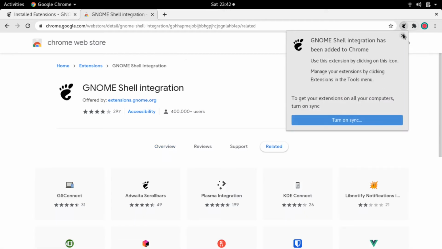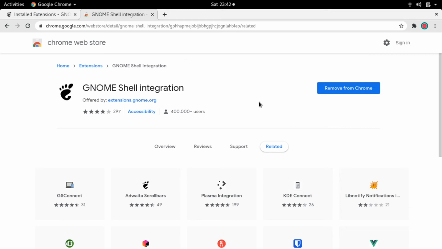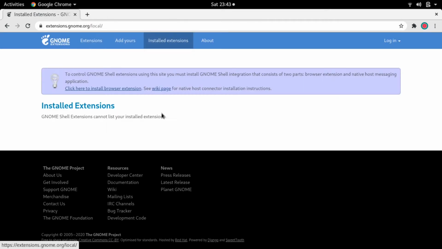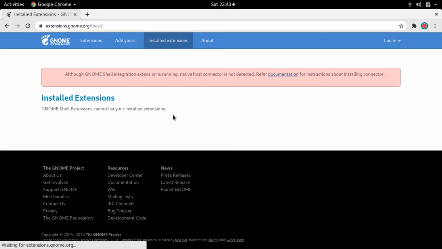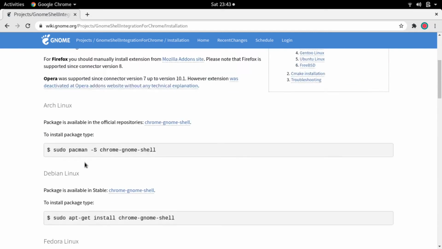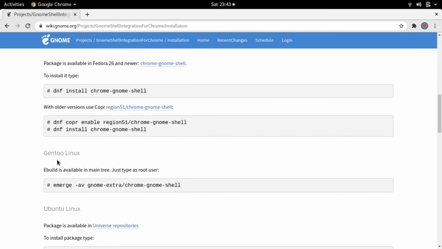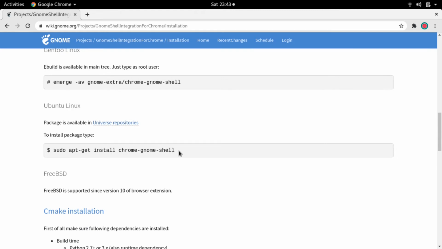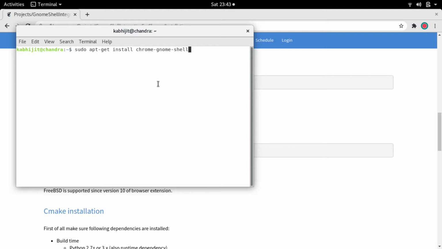Just a few clicks and yeah, it's installed. Now go back to the shell extensions page. It's going to tell you the connector is missing. So now all we have to do is go to the instructions page, go down to the instructions for Ubuntu, and there we go. So that's that one package that we need to install using Synaptic or apt-get install,